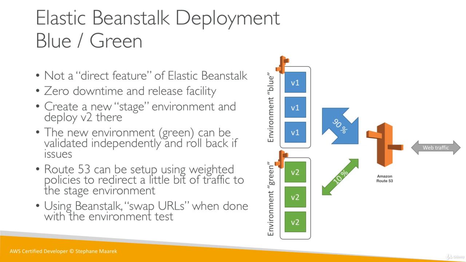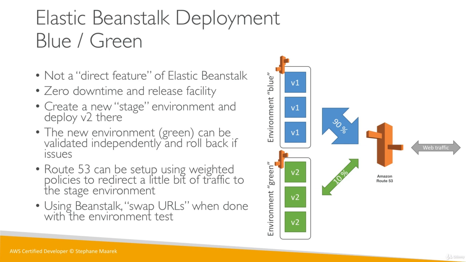And then in Route 53, we're going to set up a weighted type of policy to send 90% of the traffic to blue. So just keep most of the traffic going to the instances we know work, and maybe only 10% of the traffic to the green environment, just to test it out and make sure it's working and the users aren't having any problems. And so the web traffic basically gets split, 90-10, but it's whatever you want as far as the weight goes.